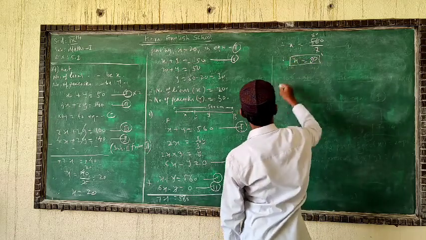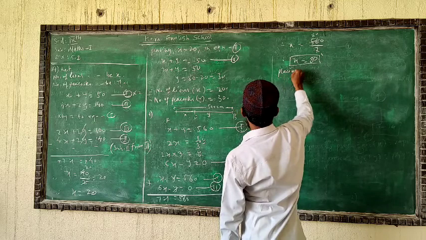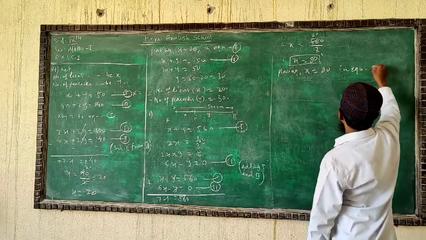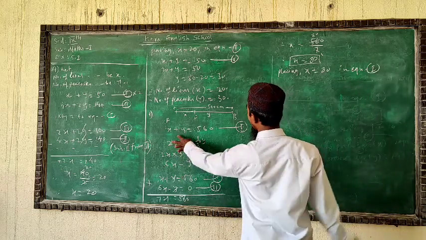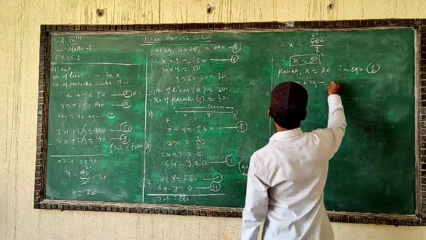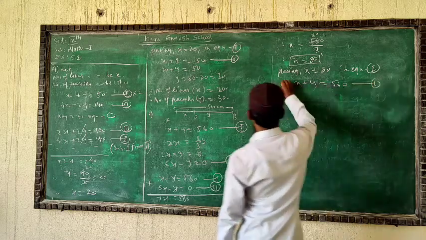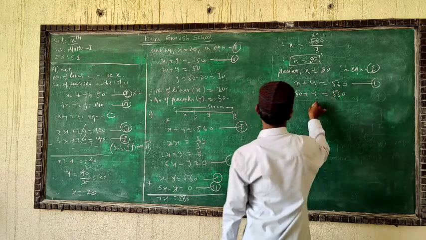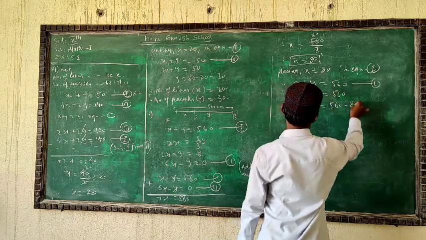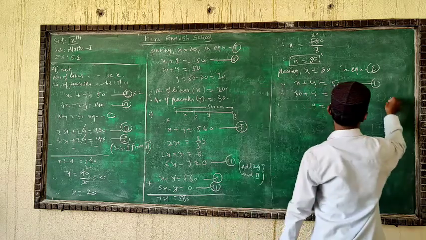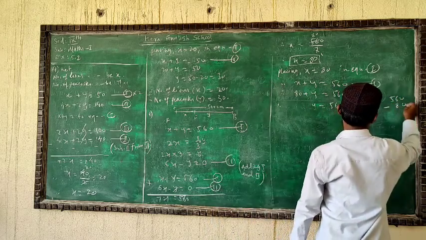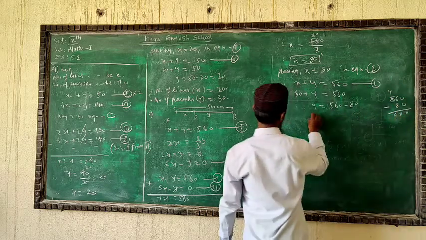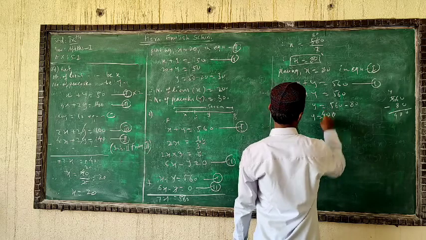We got one part of the rope. By placing x equal to 80 in equation 1. What was equation 1? X plus y equal to 560. X is 80 plus y equal to 560. Y equal to 560 minus 80. You will get the y. Now see very well, 560 minus 80. 0, 4 you will get here. 8, 16 minus 8. We'll have here y is equal to 480